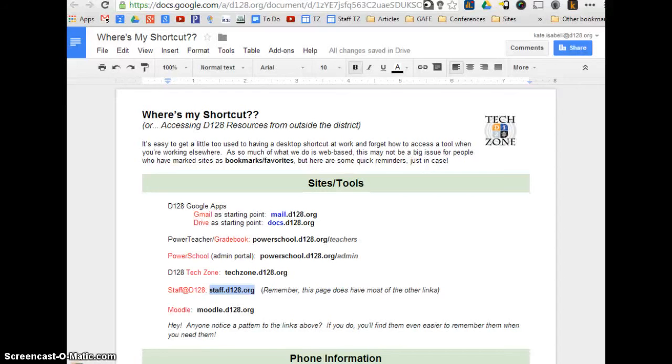Some of us have our work computers set up with everything readily accessible through shortcuts. However, this can be a problem if you suddenly don't have them, say for example when you're at home in the summer. The document you see in front of you, which is available through the Tech Zone, could be a handy cheat sheet. However, you don't even really need this. If you look carefully, there's a pattern to most of our links. The item name .d128.org,